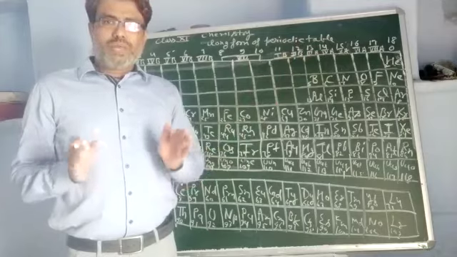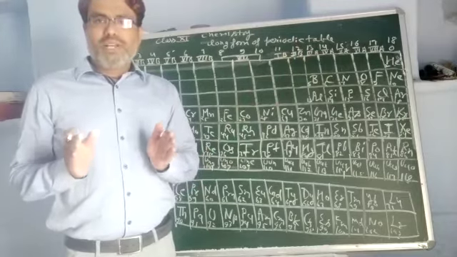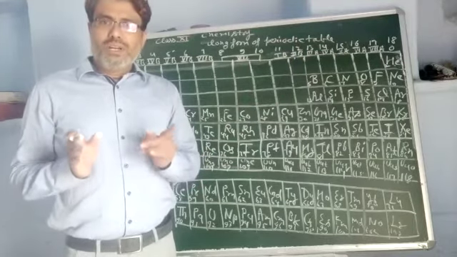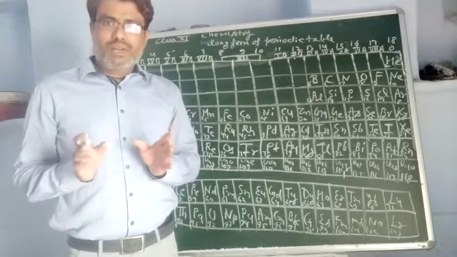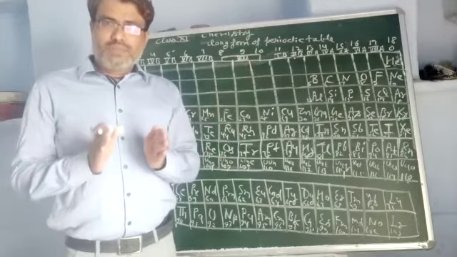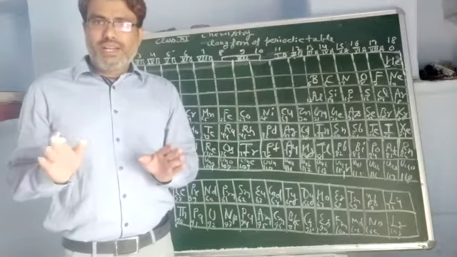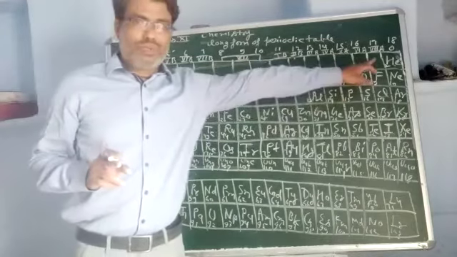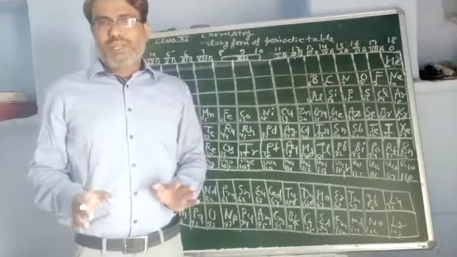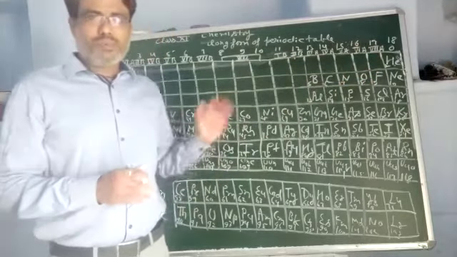So basically in this periodic table we have 9 groups, the last being the 0 group. And 1st to 7th are divided into what? 2 subgroups, A and B. The 8th is not divided and the 9th is what? The 0 group. In the last you can see there. So that is the brief about the long form periodic table.